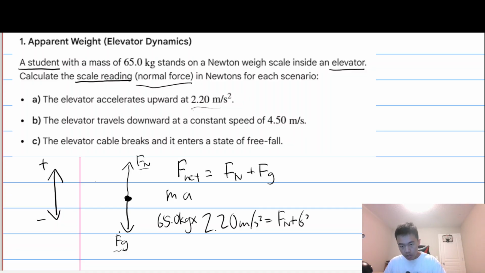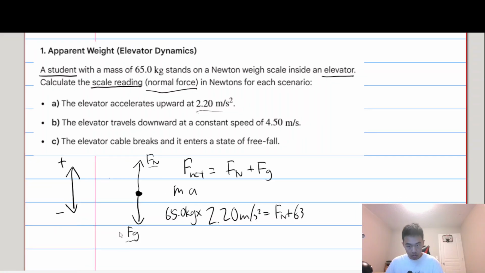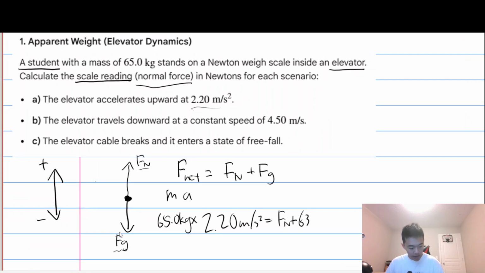637. One second. It's actually negative gravity, because gravity is going downwards. The force of gravity always points down, and in this Rosetta we stated that going down is negative. So we minus 65 times 9.81, which is negative 637.65 newtons. Now we isolate for normal force, which gives us 2 plus this,